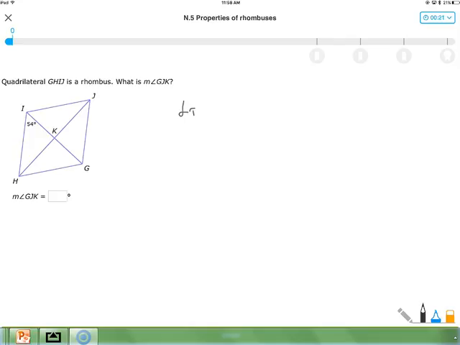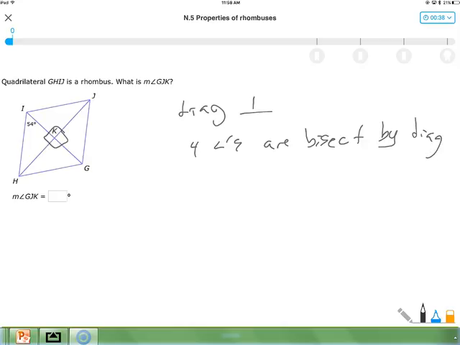Well, we know that the diagonals are perpendicular. So we know these are all 90 degrees. We also know that the 4 angles are bisected by the diagonals. Okay, so if we know that, we can go back here and say, all right, well then this must be 54. And we know opposite angles are congruent, and that's because this is a parallelogram, right? And so we know that this angle over here is the same 108, and it's been cut in half, so